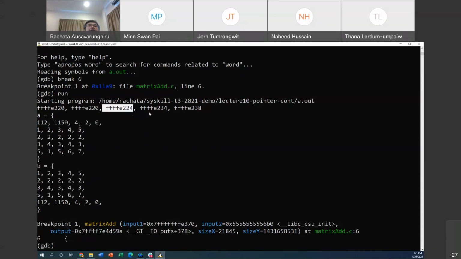A01. So that's the next element. Again, integer is 4 bytes. So as you can see, it's +4. This is A10. And A10 is 234. So that's +16 from 2 to 4. And then 238. So that's A11. So this is A10, A11,